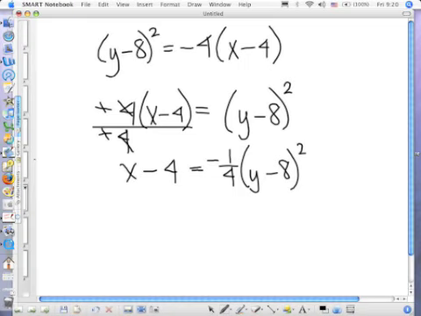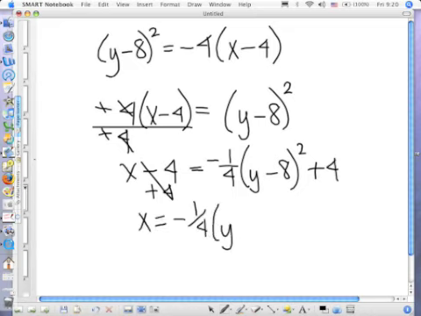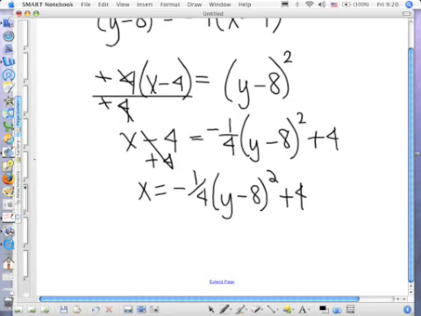Add 4 to both sides. So you have x equals -1/4 times y minus 8 squared plus 4. Which direction does this parabola open? To the left. Okay, be careful, it's an x one. It opens to the left because the a term is negative and the vertex is